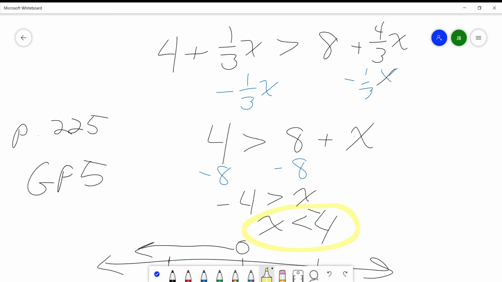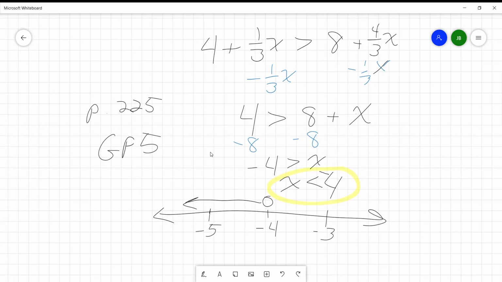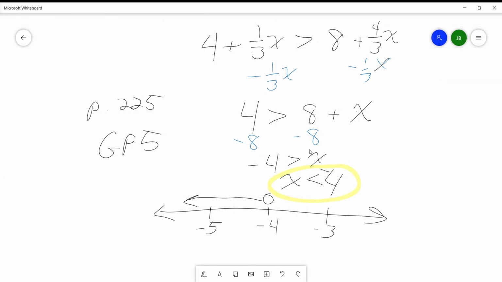3 is less than 5. 5 is greater than 3. That's just always how that language works. If you look at it in a mirror, you'll see it separately, like that. And this should make sense, right? If 4 is greater than 8 plus x, then that means that -5 would work, because we would plug in,